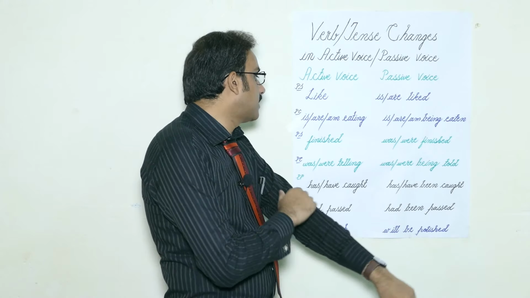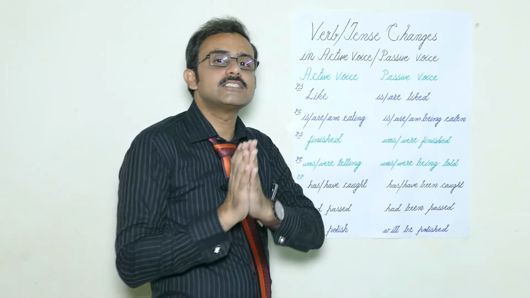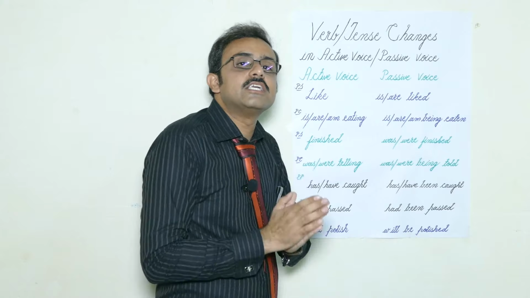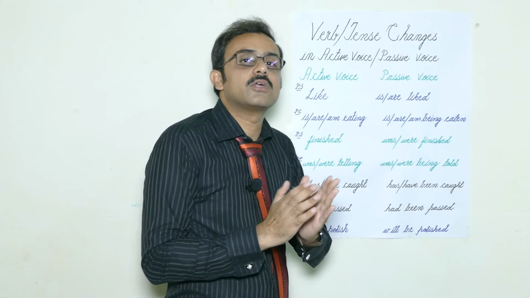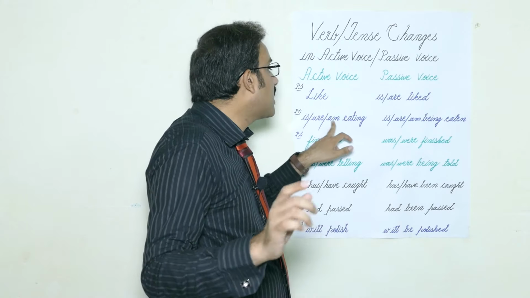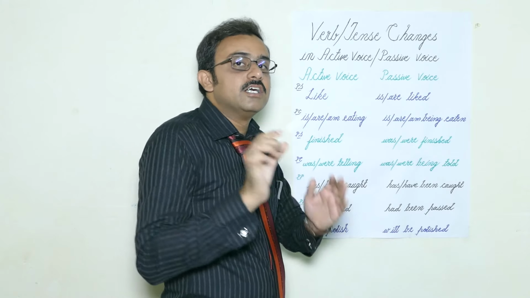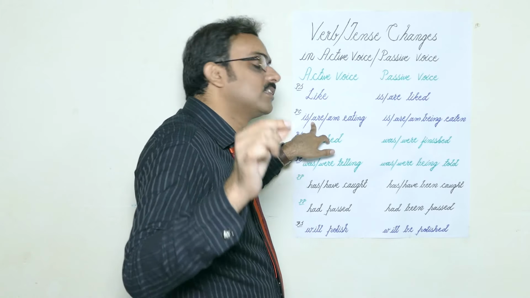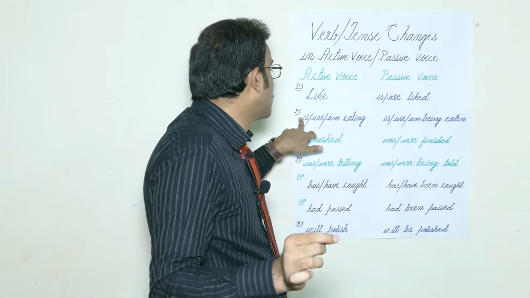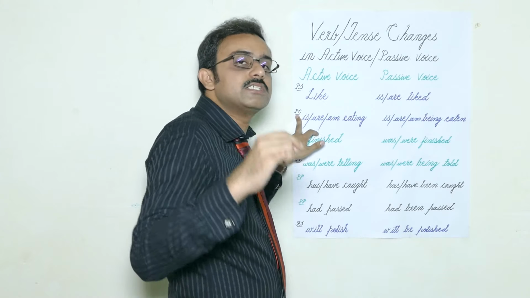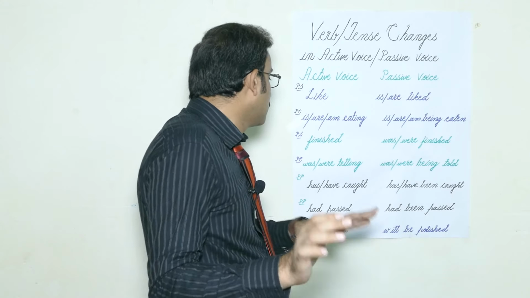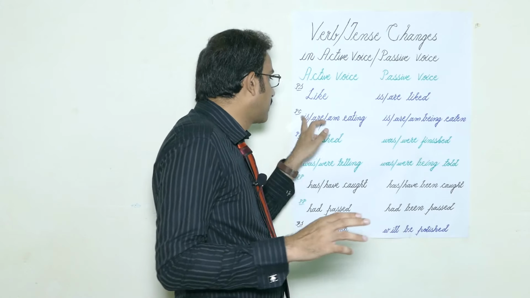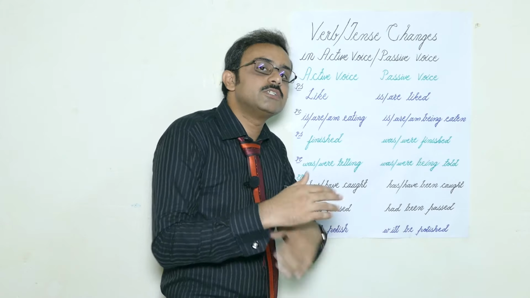So, for example, if I have a sentence, they are eating apples. They are doing what? They are eating apples. Are and eating show the continuity, means progressive form. It means that this sentence belongs to the category of present continuous tense. Got that? They are eating apples. Present continuous tense. How do we change it into passive?